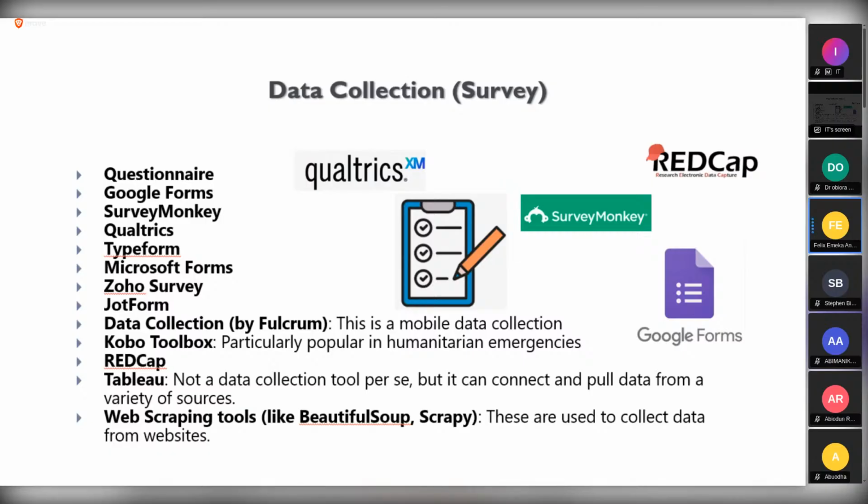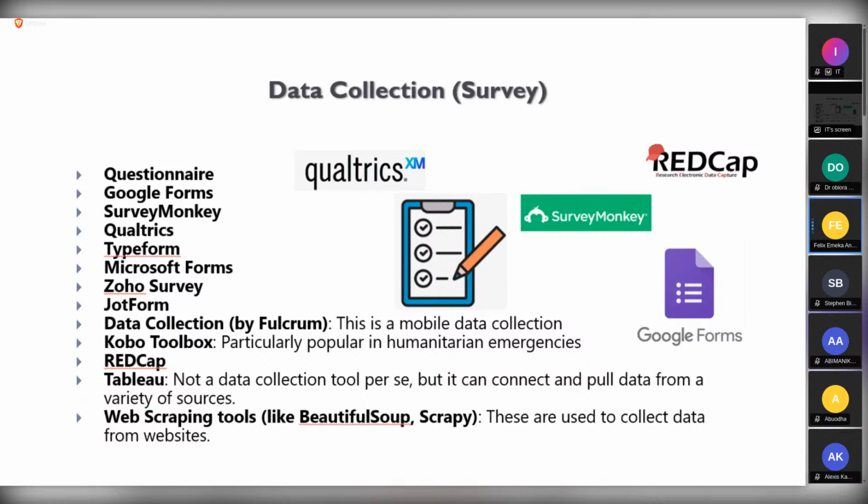So those days have really gone where people have to deal with physical questionnaires, because physical questionnaires are good, but they can be very expensive. In terms of using them for research, they can be very expensive, especially when you have a sample size that is very big. Imagine having a sample size of 500. How do you want to make questionnaires for 500? That's a lot of cost, especially when this research is not funded, it's out of pocket, paying kind of research. So online survey tools can actually help you save a lot of money, because now you just send the link to the participants and they're able to fill it.